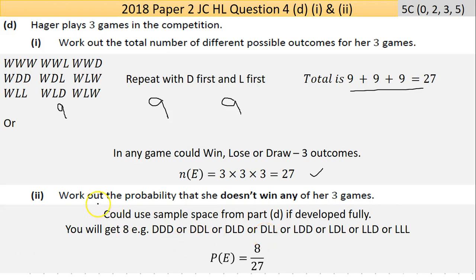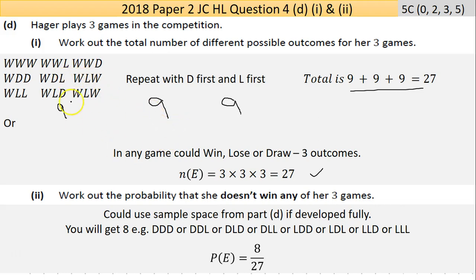Now that's part 1. Part 1 and 2 are marked together. It's only worth 5 marks, so you know this is tough. The last part here is probably the tougher thing again. Part 2 says work out the probability that she doesn't win any of her 3 games. Now this took me a fair bit of a while. I kind of have the sample space done up here. Now I didn't finish it off that way,